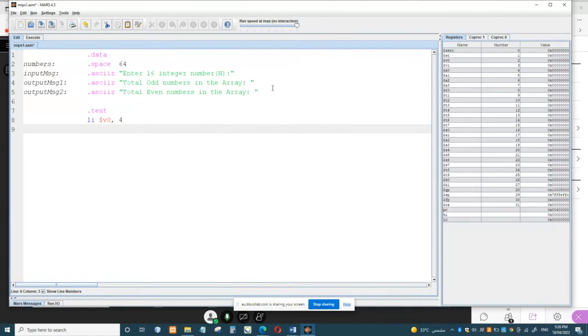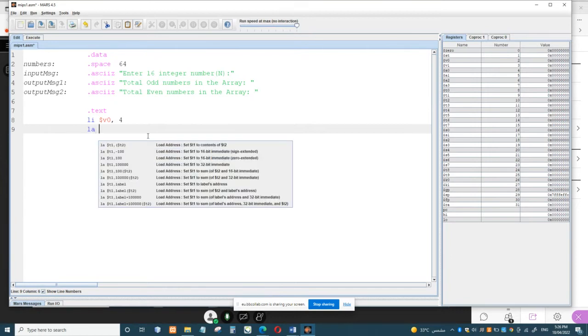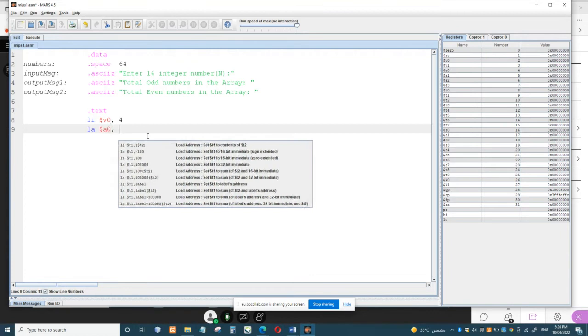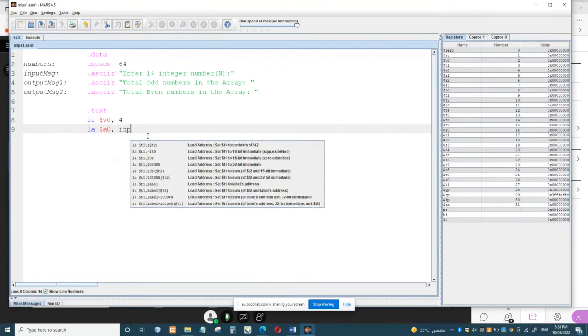And then we have to put the starting address of this input message in the $a0 register, and you have to use load address instruction. Load address basically gives you the starting address of a string or of an array. So load address $a0 comma input message,